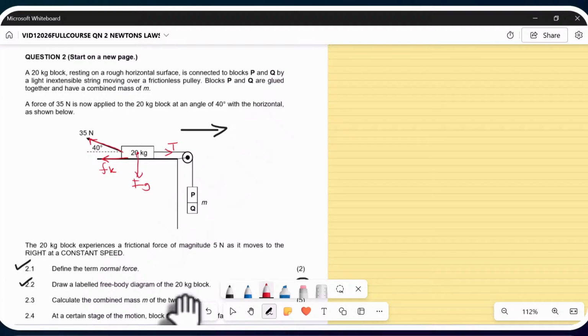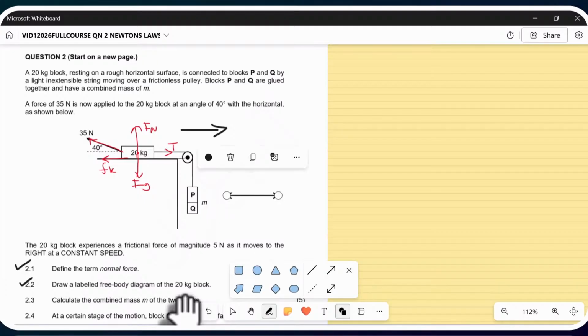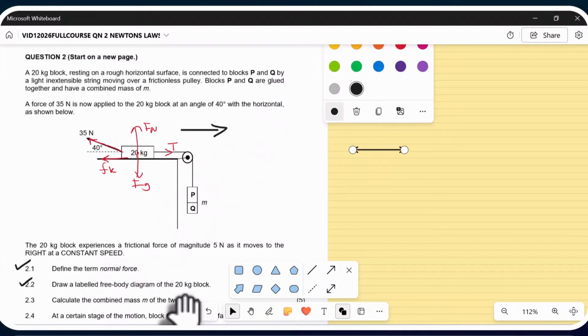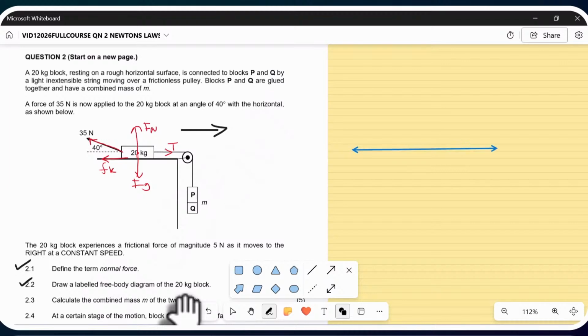So these 5 forces coming from the dot is going to be our free body diagram. Here we go. We're going to have this one here first of all, okay, this one here, the 2 horizontal, that's the frictional force together with the tension. Then from there, we're going to have the other 2 forces, that is the normal together with